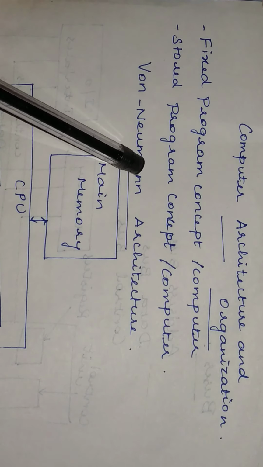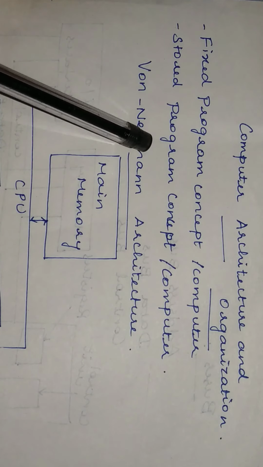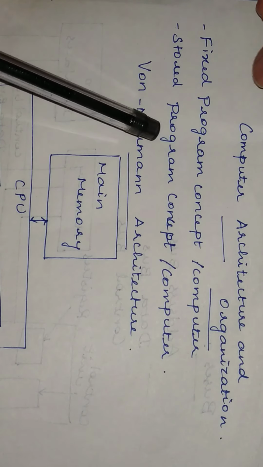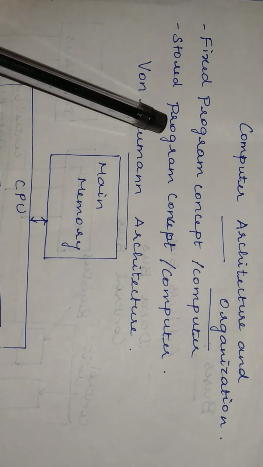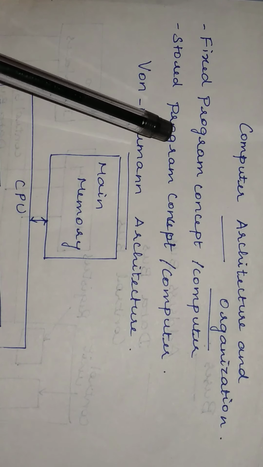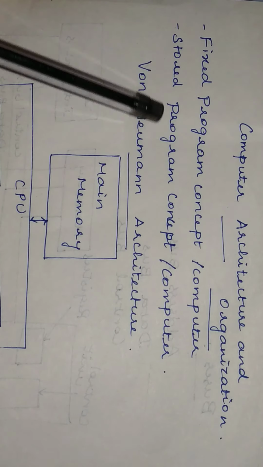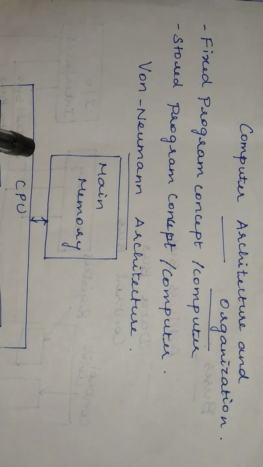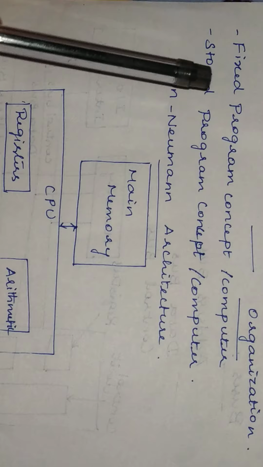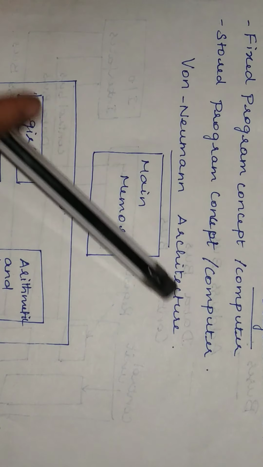In the stored program computer, the operations can be done on the stored program or instructions. Usually we store all the instructions and data in the computer, and afterwards we can perform any operations on the stored instructions or the stored data. That is what a stored program computer is. The von Neumann architecture uses this kind of computer.